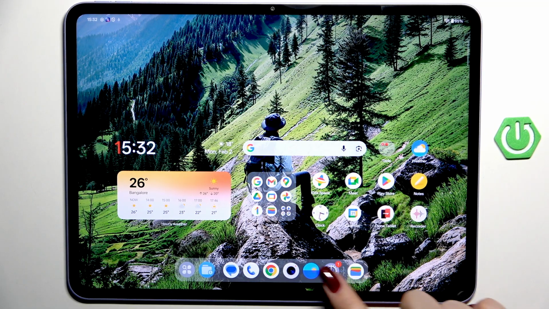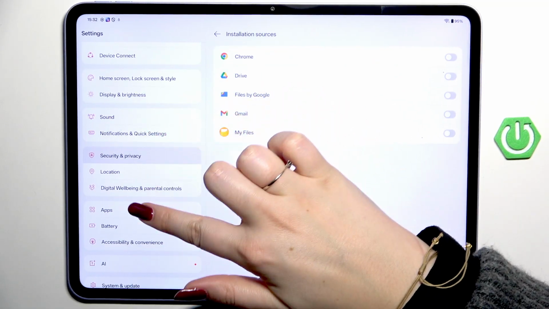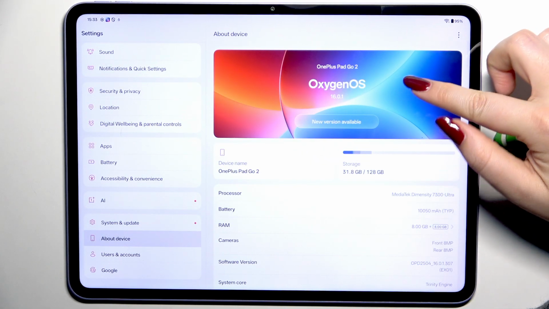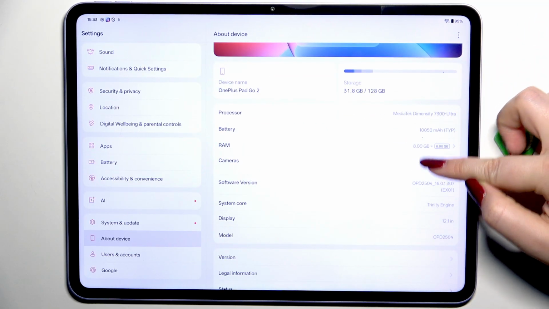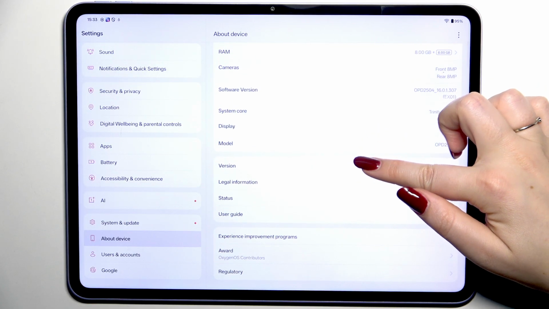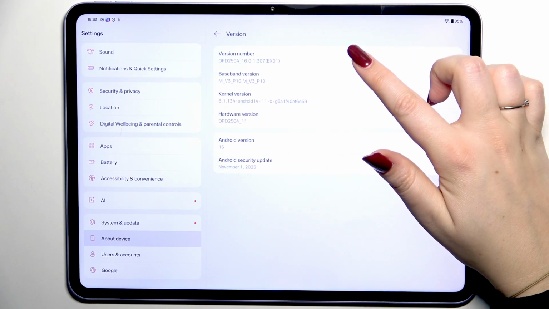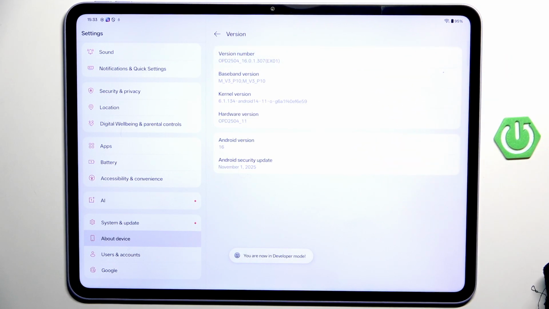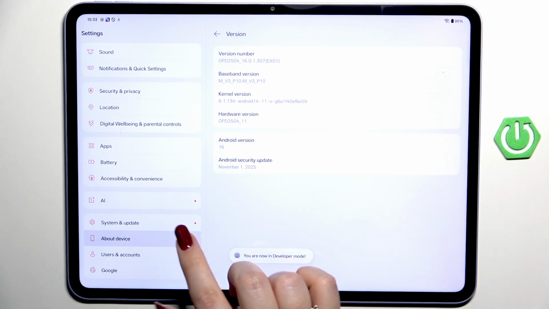So let's start with opening the settings, and here in this left section scroll all the way down to find about device. Then we have to localize the version. Let's go to version and localize version number, which is at the top. Now keep tapping on it until you'll see the information that you're in the developer mode, and go to system